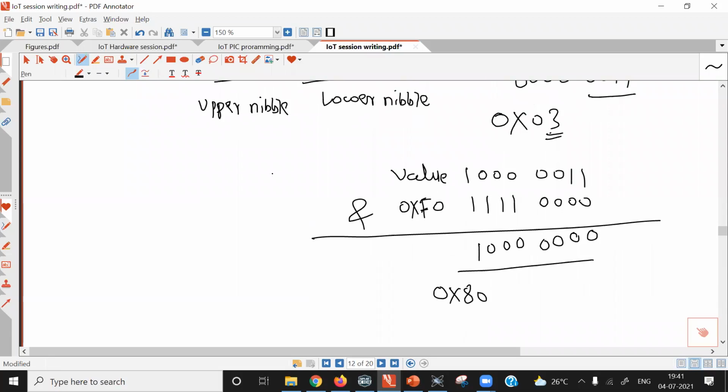But when we write data to the LCD display, we write it on 4 pins. In the LCD display, a total of 8 data pins are there, but in 4-bit mode, we use only 4 pins of the LCD display, and those pins are D4, D5, D6, and D7.